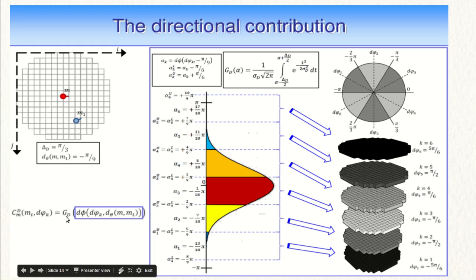Again, the same thing is being repeated as we have done in the spatial contribution. We are going to draw a Gaussian function over the d phi, and d phi k we have calculated, and mt, where mt is minus pi by n for this particular example. Now it's just a different d phi. So for a particular k, in this case we have considered the value of k equal to 6, so we'll take the lower value and the upper value.